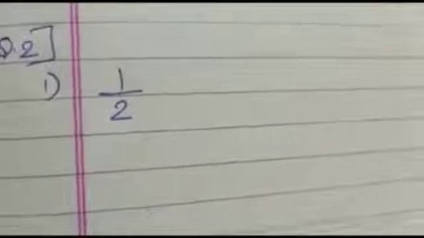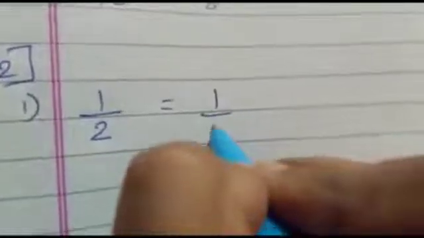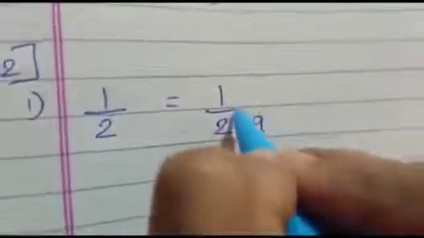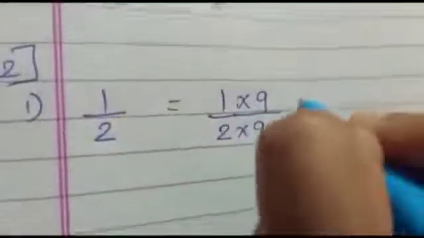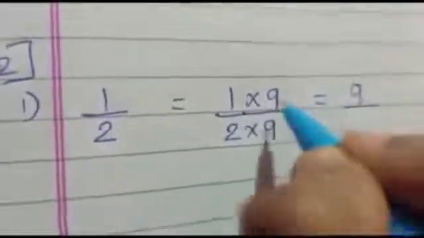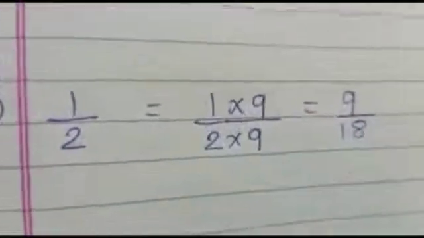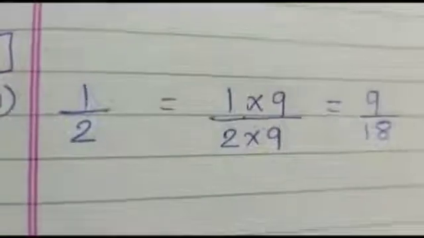So let us solve the first one, that is 1 upon 2. See now here it is 1/2. आपको नीचे डिनोमिनेटर में आंसर क्या चाहिए? 18 चाहिए. उन्होंने क्या बोला? इक्विवेलेंट फ्रैक्शन बनाना है और डिनोमिनेटर में 18 ही चाहिए. Okay, so 18 is coming in 2's table. Yes, 2 9s are 18. So you will do like this. 1/2 multiplied by 9. 2 multiplied by 9 is 18. So if you are multiplying the denominator with 9, you have to multiply it with the numerator also. So the answer is 9. 1 9 is 9. 2 9s are 18. Okay, you got the answer.